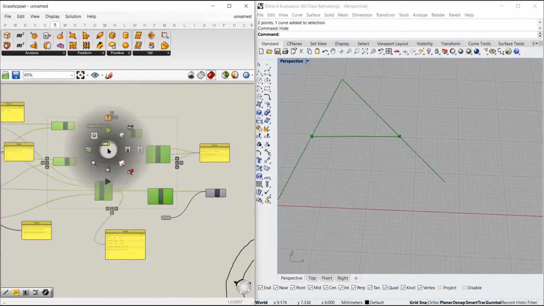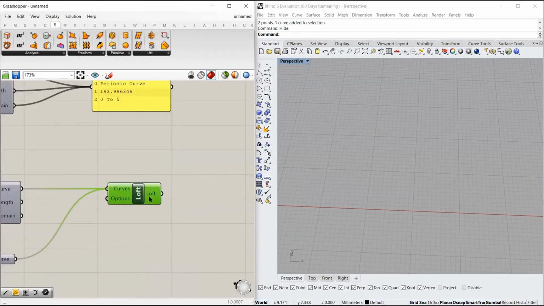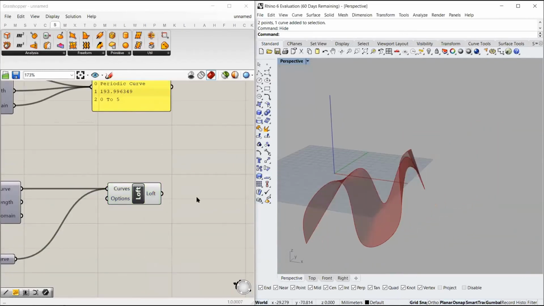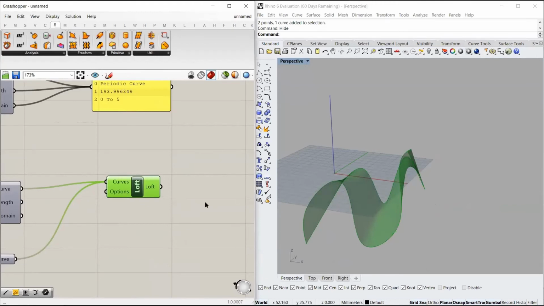I will switch this back off again and switch on my lofted surface. So we can proceed further, but if you have any doubts, if any one of you can just let me know, or else we can proceed.